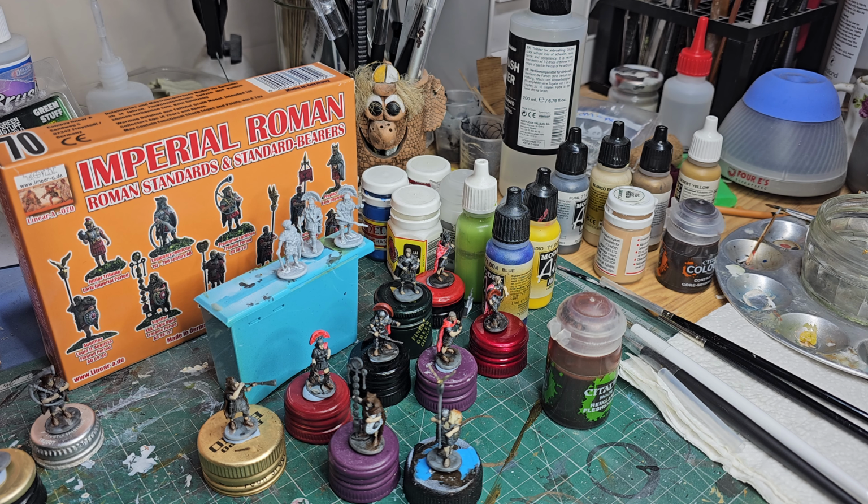Okay, well, welcome back. Just painting up some of the crew figures, and I just thought I'd show you this one. I've just been painting his shield, and this other one, same thing. Painting his shield, and this third one, same thing. I painted the gold on it,